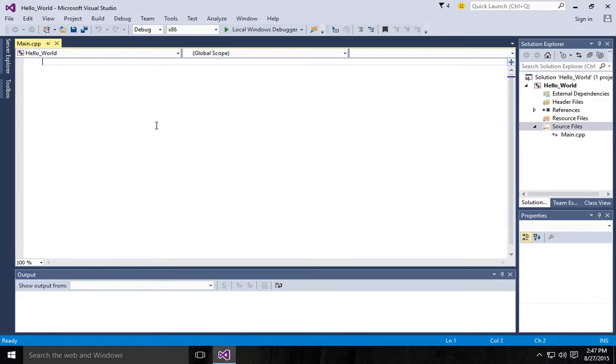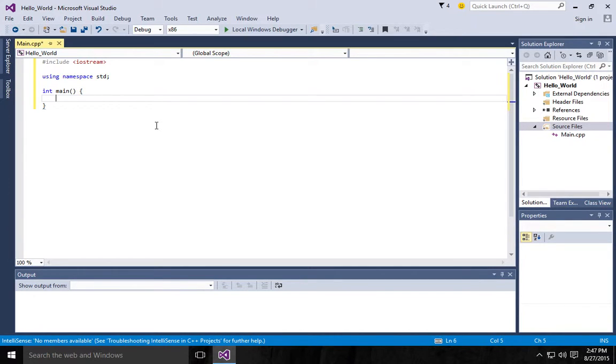But I'm going to type #include <iostream>, go down, using namespace std, that stands for standard, int main, parentheses, these brackets, and inside here I'm going to